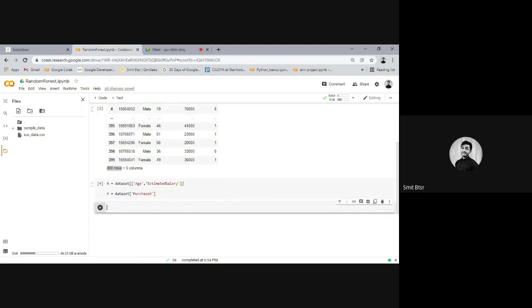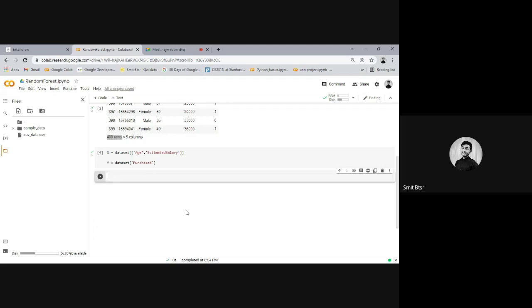For splitting, we have inbuilt methods: train test split. So we will first import it. If you don't know how to import and from which library, then you have to learn or remember some library names and their contents.